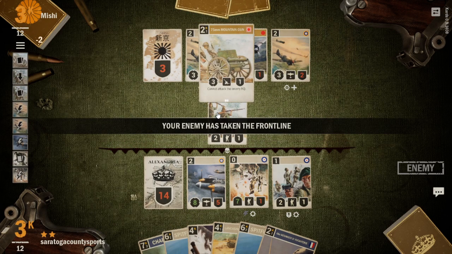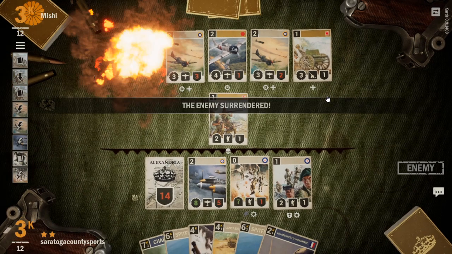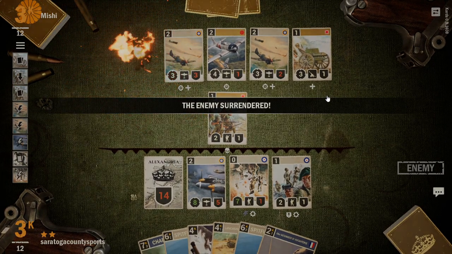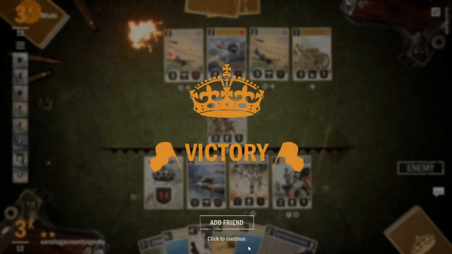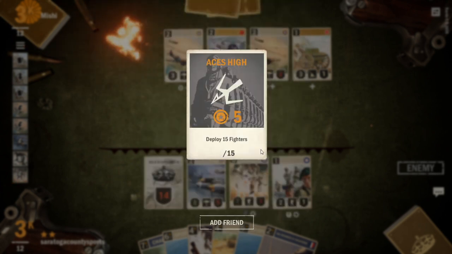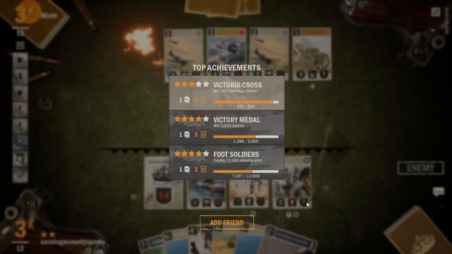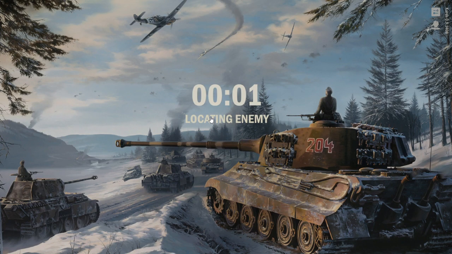Akita, okay. Mountain gun, sure. Alright, there we go. Played that one a little slowly, maybe a little too conservatively. But still got the win. We'll take the win. Alright, keep going here. Maybe a little too conservative on some points there, but